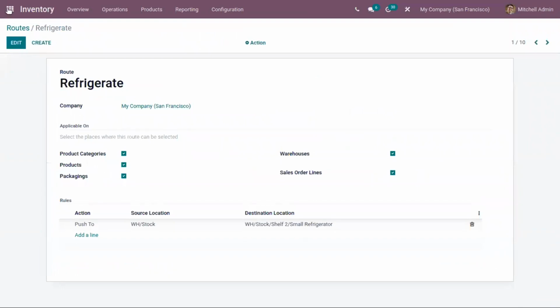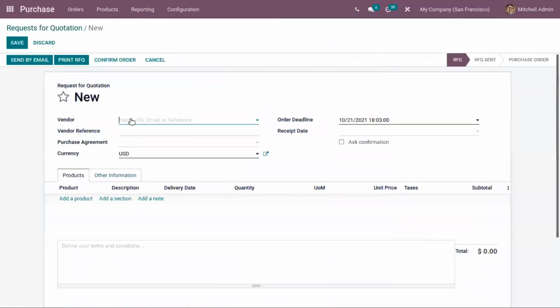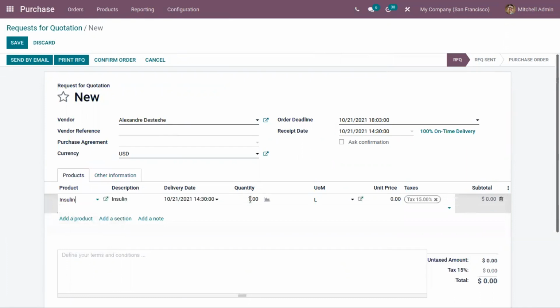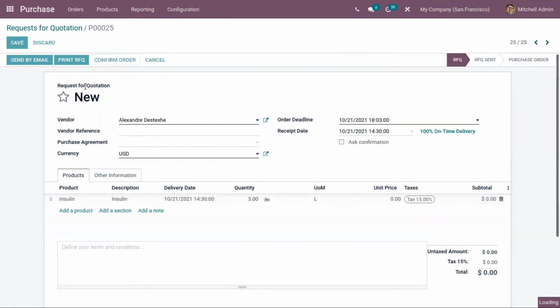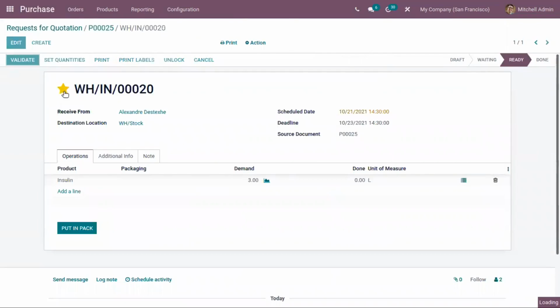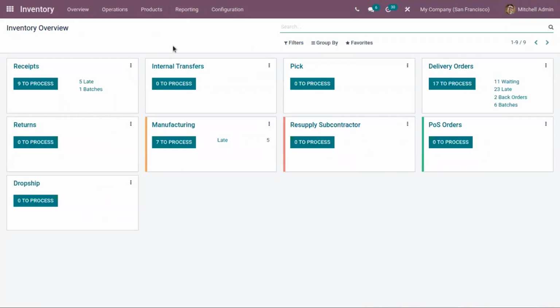So if you create a purchase order or request a quotation, and when you receive the product in stock, here you can see no internal transfers are created. That means we don't want to manually validate the transfer.